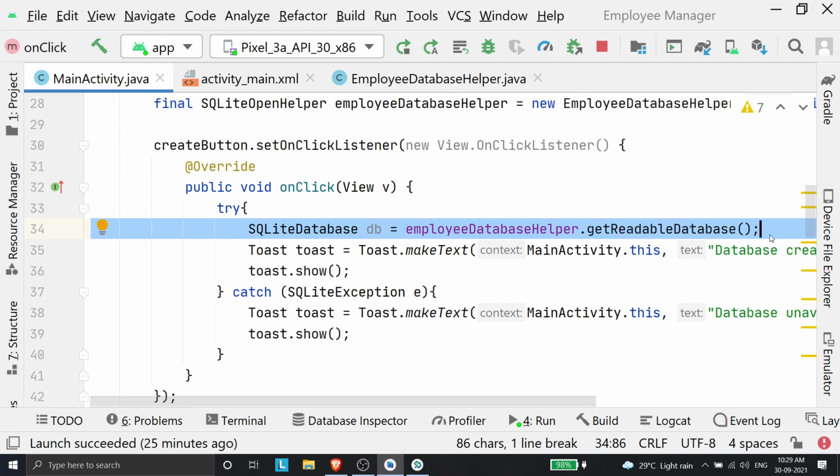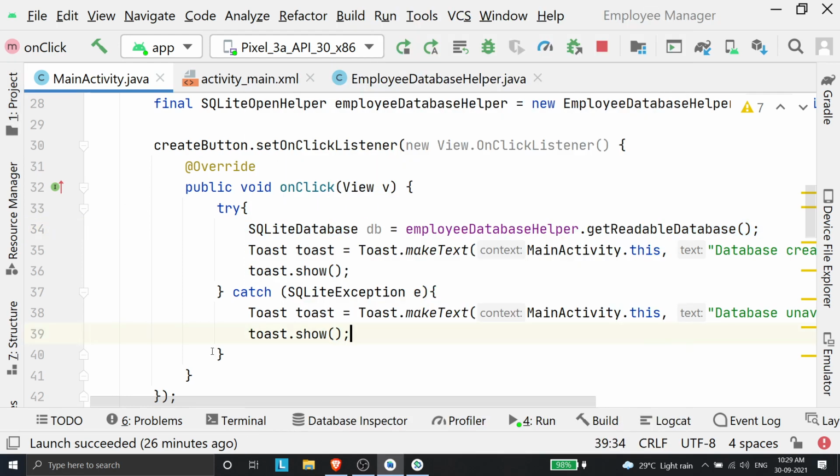Like you would have done servlets and some stuff in DBMS like the last experiment. Similarly, you would have put it inside a try catch block and an SQL exception. Instead of SQL exception, you would put SQLite exception because you're using SQLite databases. So we need to put those statements inside try catch blocks, and if the database is not readable for some reason, it will show an error.